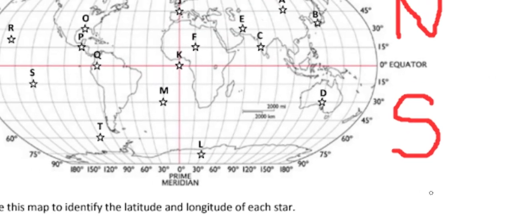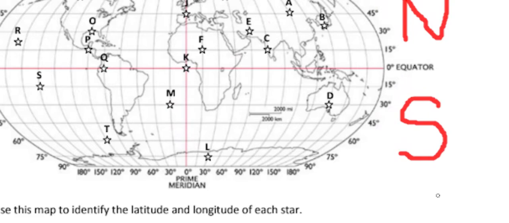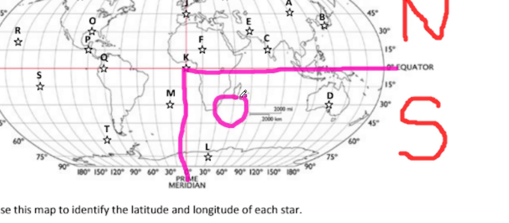Now I want you to look at K. K sits right on the equator and right on the prime meridian. If your point sits directly on the equator, you only have to write 0 degrees, because since it's the dividing line, it can't be a north or south. That is what divides it into the north and south. And since it's on the prime meridian, it is also just straight 0 degrees, because that is also the dividing